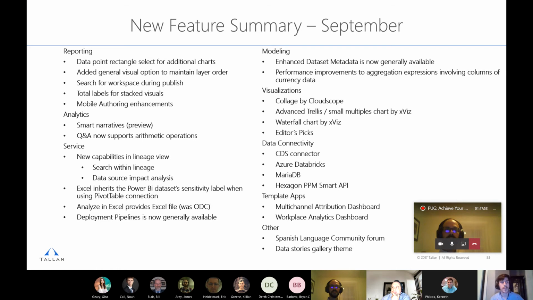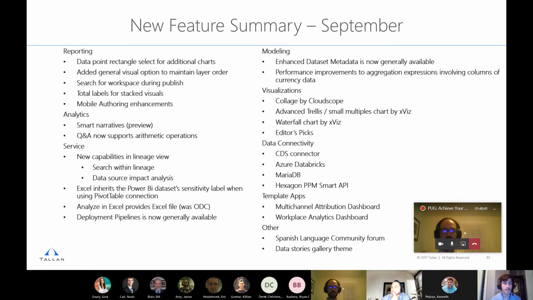It's not always incredibly useful. Of course, it depends on your data set, but it's a fun way to dive into your data and see what Power BI can find about it. The other way that you can use smart narratives is actually apply it to an entire report page. So if you click on the new visual option, smart narratives, and you drag it into your page, it will try to summarize everything on the page for you. This is one that I played around with briefly, and I think it's really hard to get the results that you want using that kind of visual, but it's a cool idea. And another thing that you can just kind of play around with.